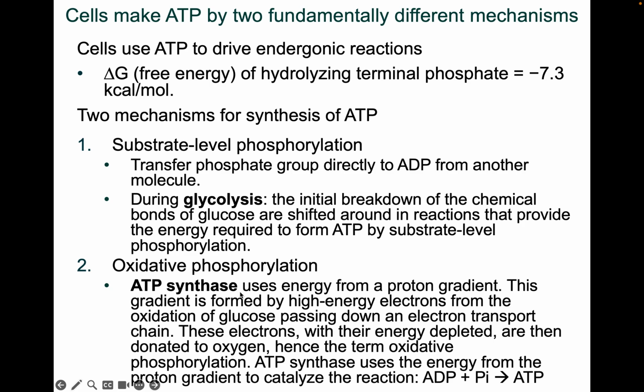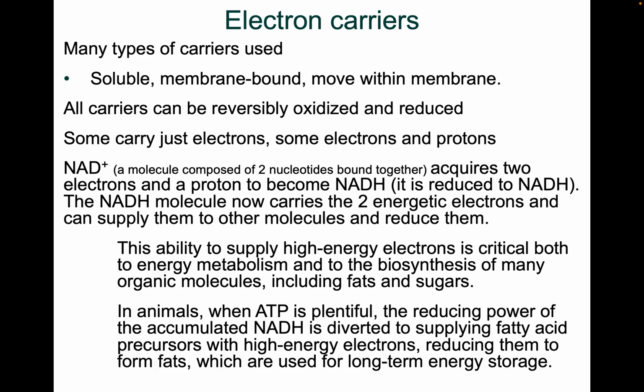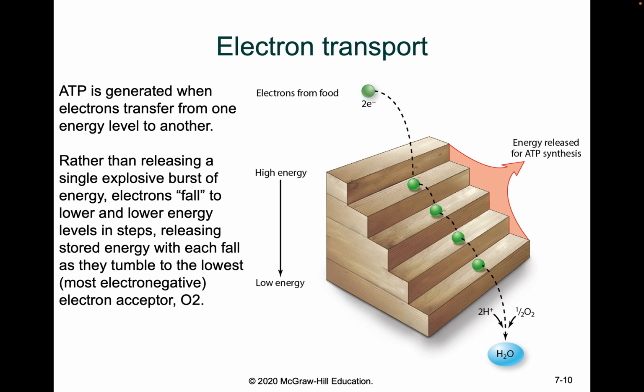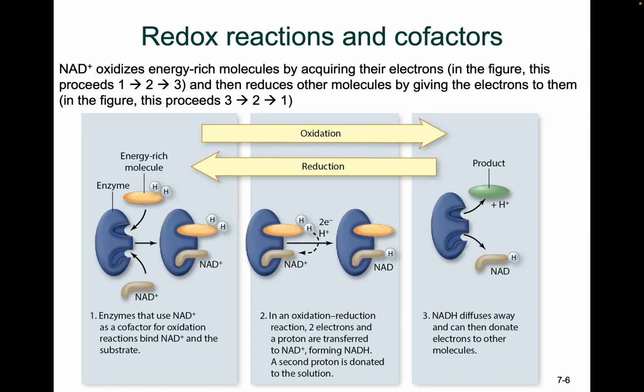But what I want you to keep in mind is that when we break energy-rich molecules, the energy that's released, we use it to power ATP production. But also the electrons that are removed, we can use them to push ATP production even further, and hence we need electron carriers, the ones that are going to accept them. So NAD in this oxidized form is going to come and accept electrons and become reduced. So this guy's going to have a lot of electrons, which is going to then fuel the ATP synthase to create more ATP.